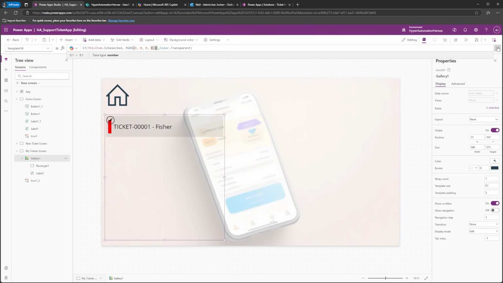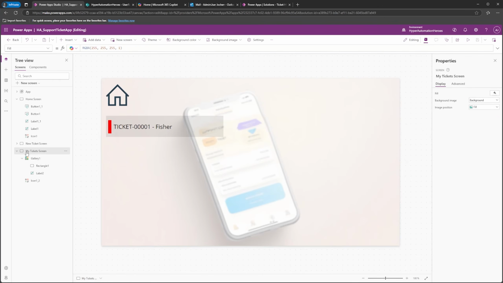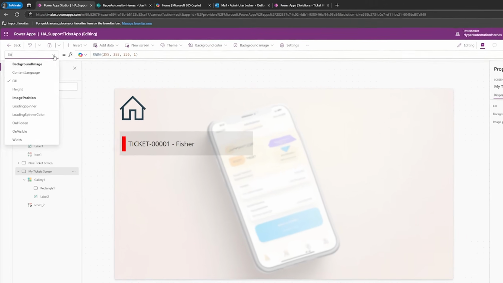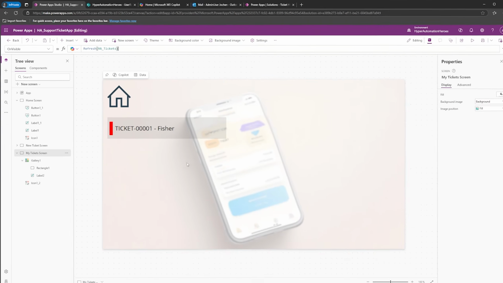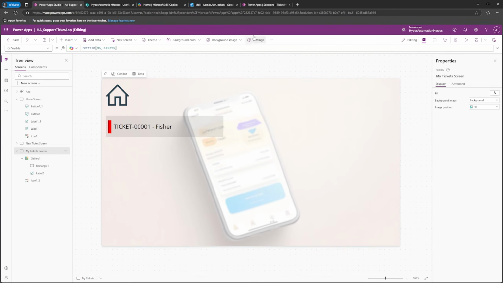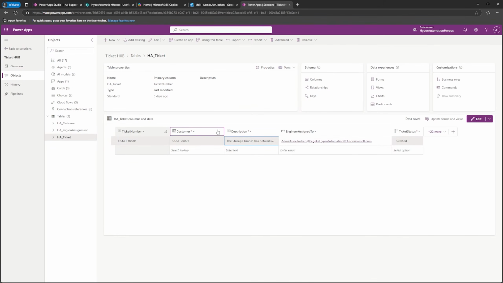So I'm going to hold my formula bar and then go to the My Tickets screen, to the OnVisible property, and do a refresh here of the HA Tickets data source, because this is the data that is shown in this gallery. That means, for example, if I go to this data source in the actual Dataverse table and I change this status from created to anything in between, so for example estimated, this is automatically saved,